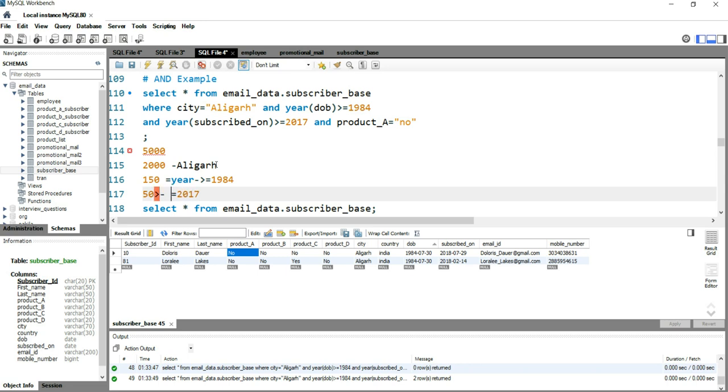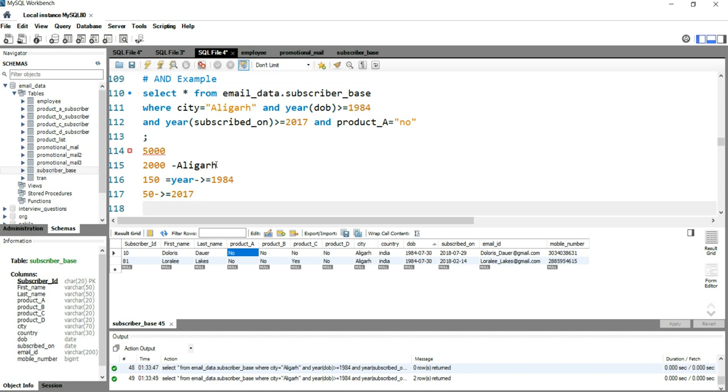Now within these 50, SQL checks the last condition, whether product A is no or not, and SQL finds that there are two records which fulfill all of these conditions.